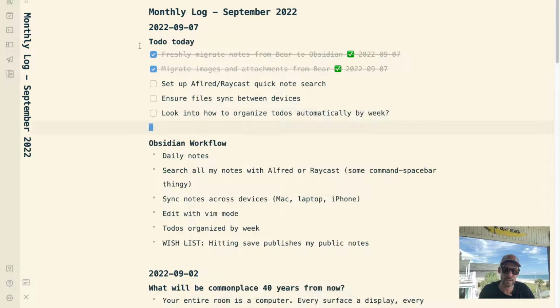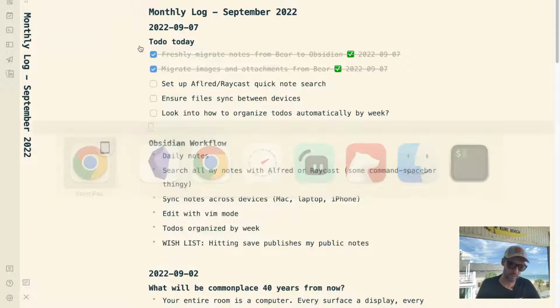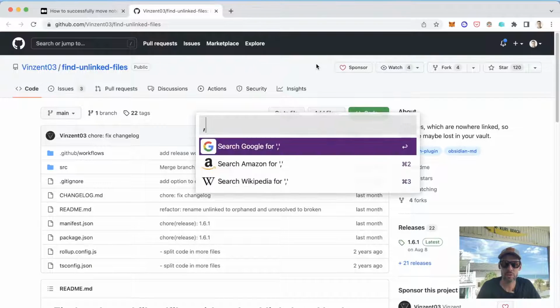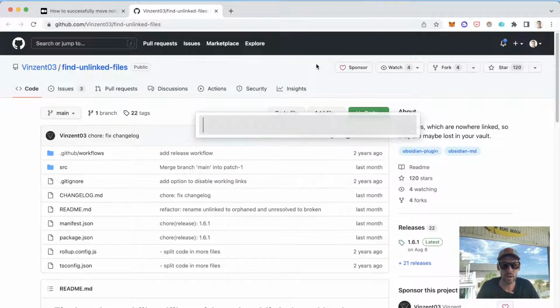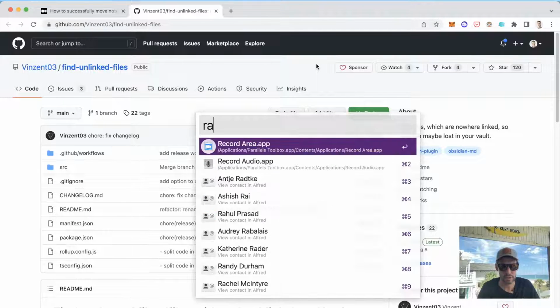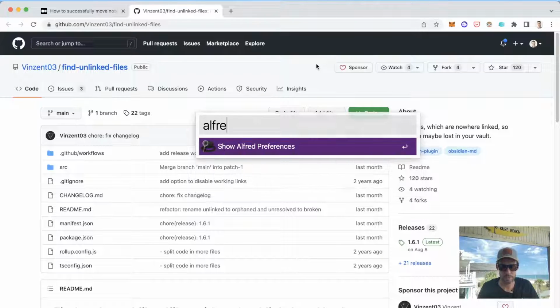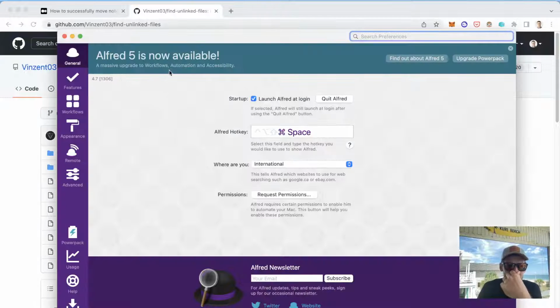I can't remember if I did try setting up one of these things. I did try setting up a quick search thing about a month or 2 ago for Obsidian, just to make sure that it had the same ergonomics as the Bear one, because it's a really important part of my workflow to be able to quickly open a note and edit it. I think it was Alfred that I did, but it might have been Raycast. I have both of those installed on at least my main machine, and I think on this one as well. Well, if I don't have Raycast, which I don't, then that probably answers our question. It's probably Alfred. So let's go to the Alfred preferences and see what we've got.